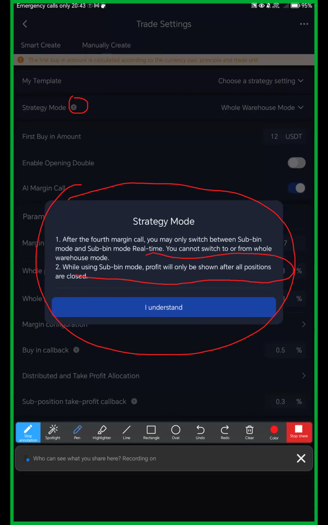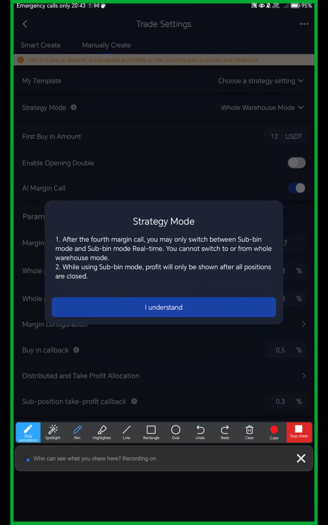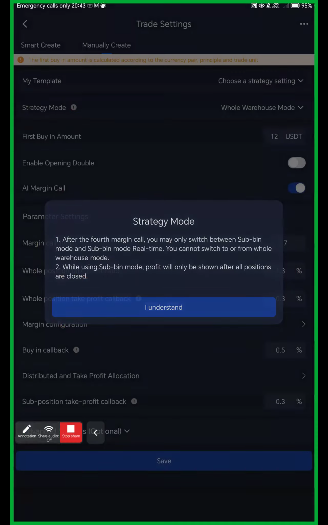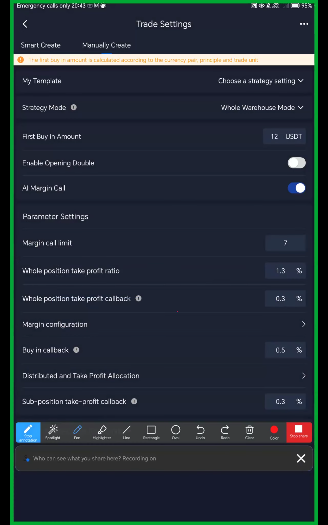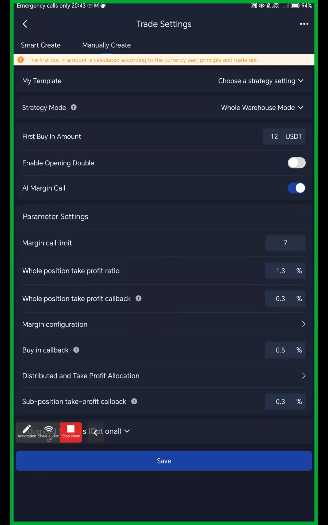Okay, so the reason why this explanation is given is simply because right now, the strategy mode where my robot is in is whole warehouse mode. So it is telling me: